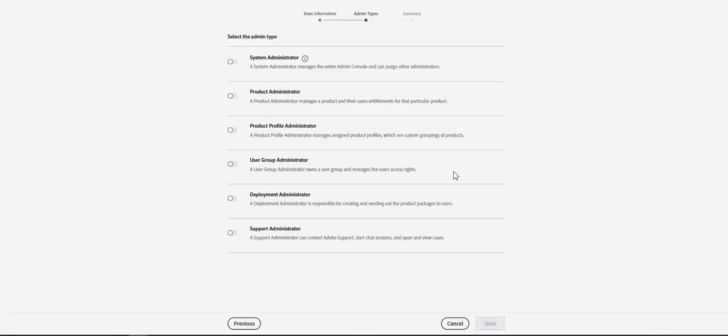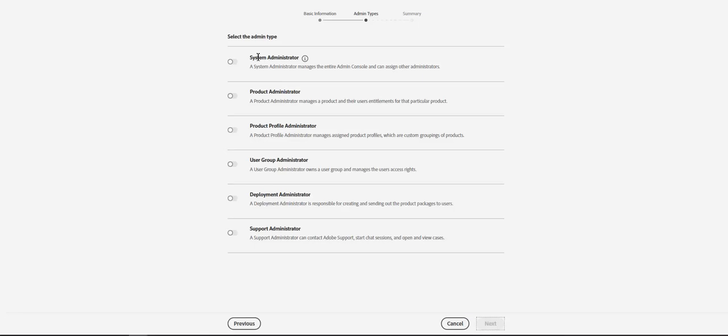Now we can click on next. So these are the types of admins that you can add on this admin console. The system admin you can call a super admin, and this type of admin is allowed to perform all kinds of administrative tasks on the admin console.